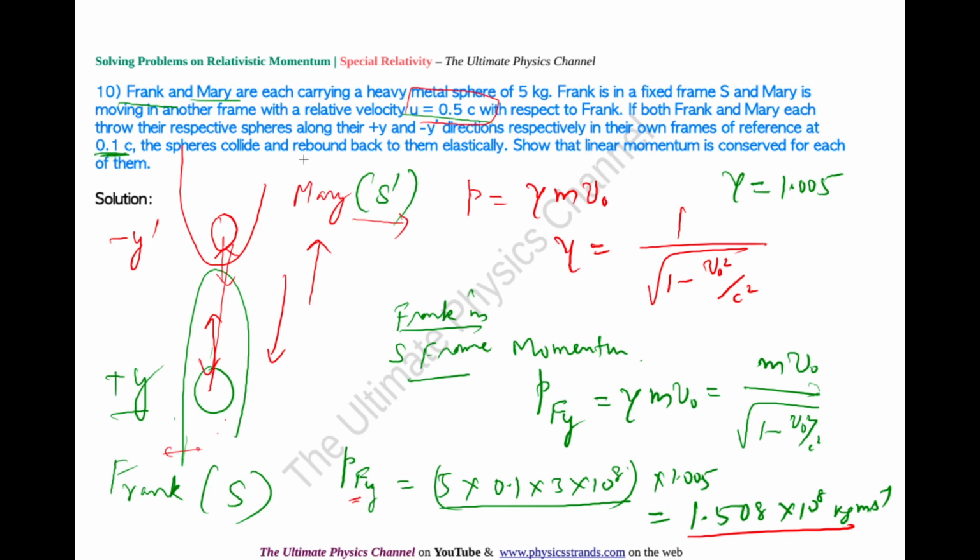Now this is rebounding according to the question. So it is coming back with the same velocity in the negative direction. So the momentum for Frank in the minus y direction, in his frame of reference, would be minus of the same value, 1.508 into 10 power 8 kg meters per second. Since this is the case, the difference is 2 times this value. So delta P of Frank, which is the delta P of Frank in y, his own direction, is